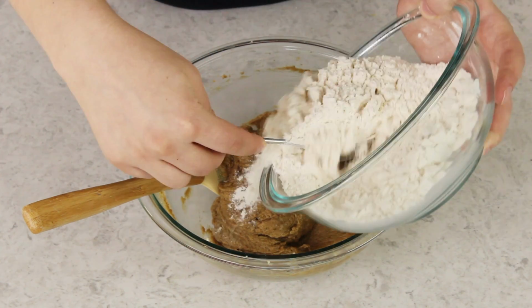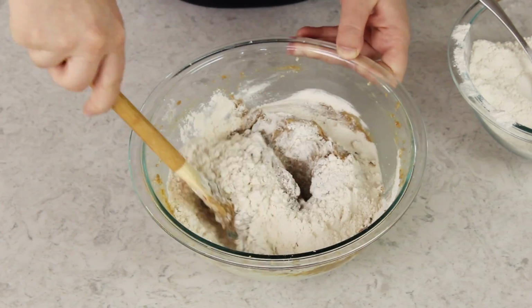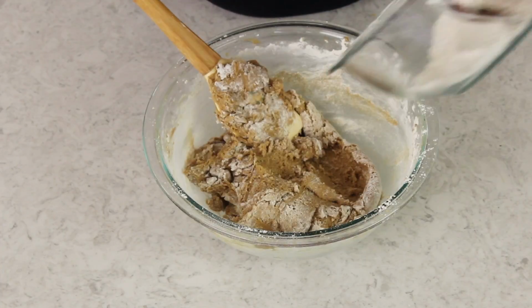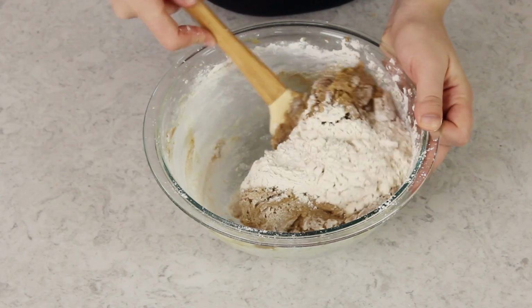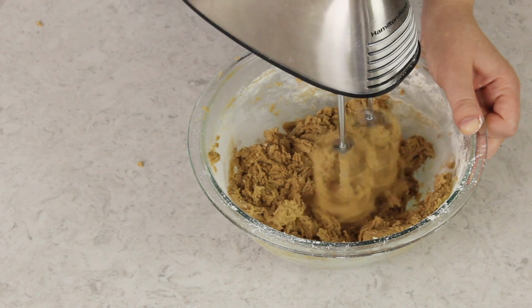Now we'll stir our dry ingredients into our wet ingredients until everything is nicely combined and we have a nice cookie dough. I'll usually just start by stirring everything together with my spatula, and if the dough gets too stiff, we'll switch over to the electric mixer. Once you have your cookie dough nicely stirred together, we can go ahead and start baking these soft and chewy